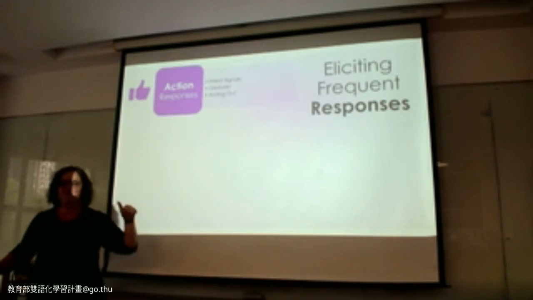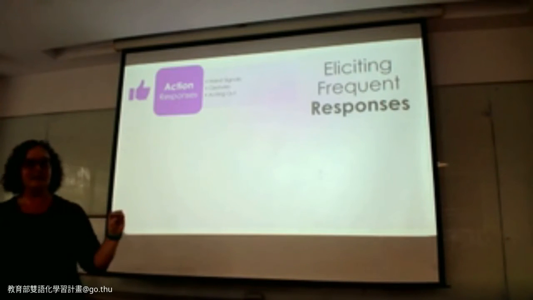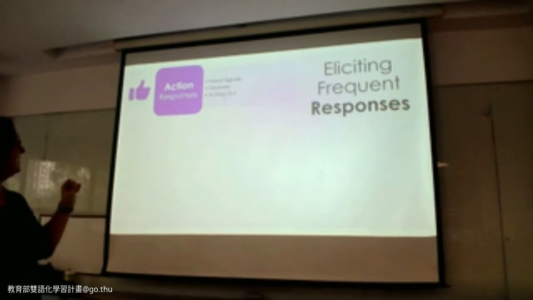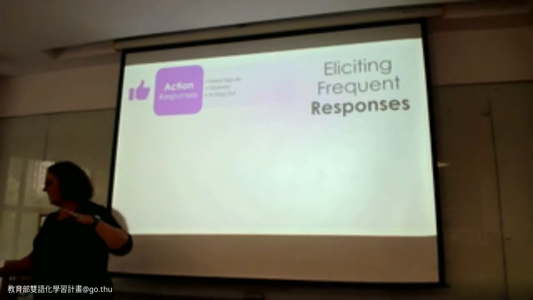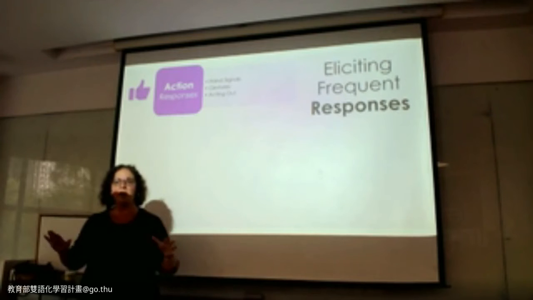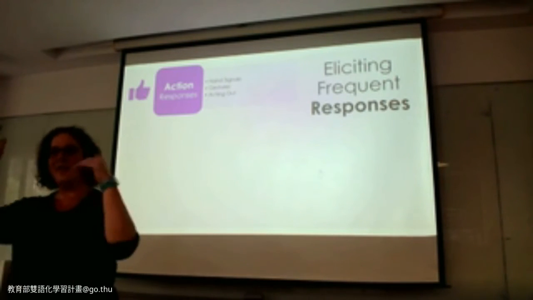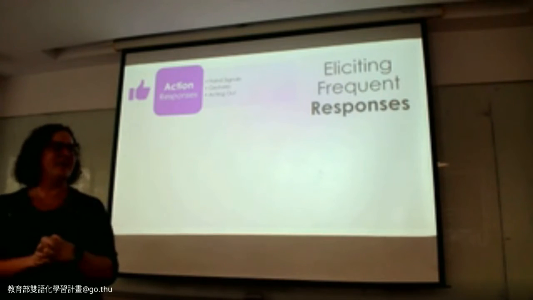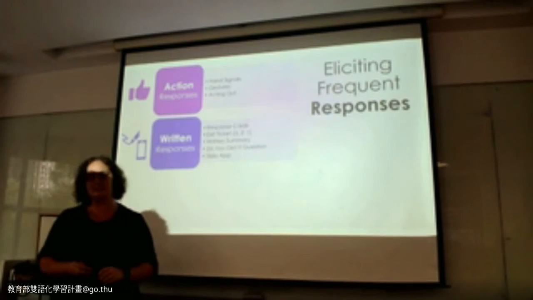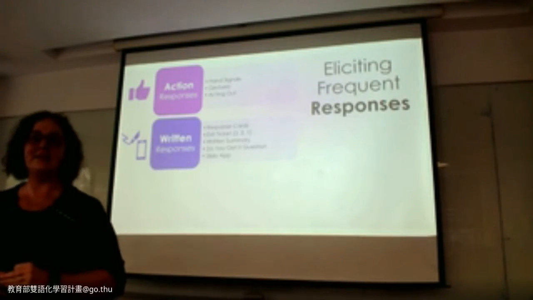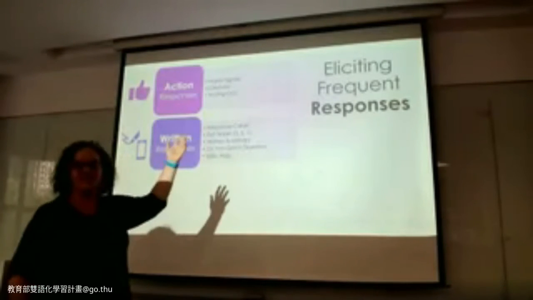Eliciting frequent responses is one way to have active participation. And there are 3 ways we can elicit active, frequent responses. We've already talked about this one already. Action, physical action. So hand signals, gesturing. We can ask them to act out a process, like physically move their hand to show they understand something, like a physical concept, if it's a physical thing. We can do written, and written has 2 elements these days, physical writing and digital responses.